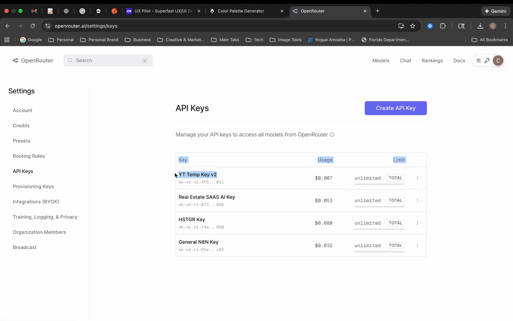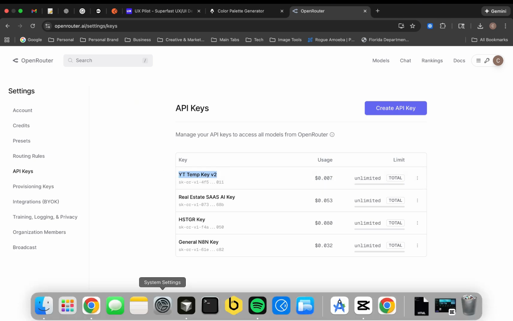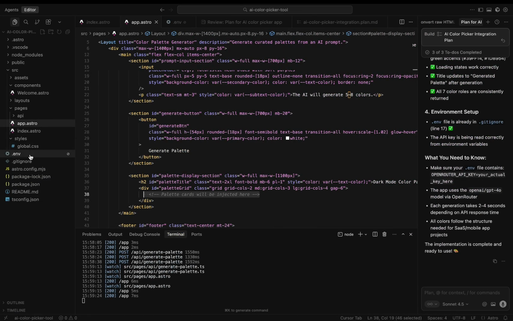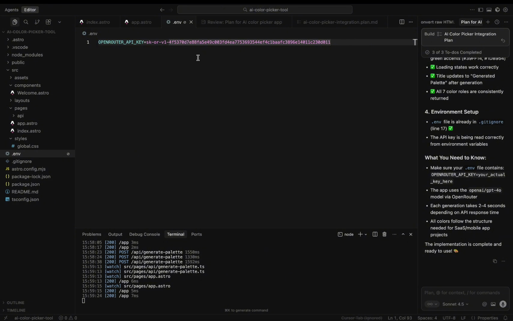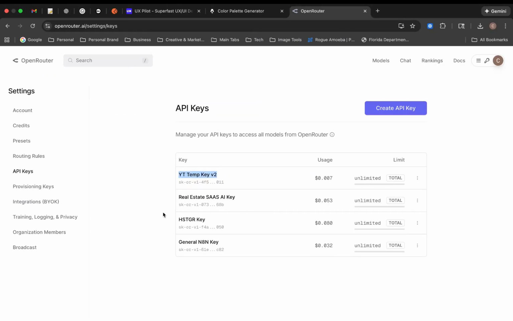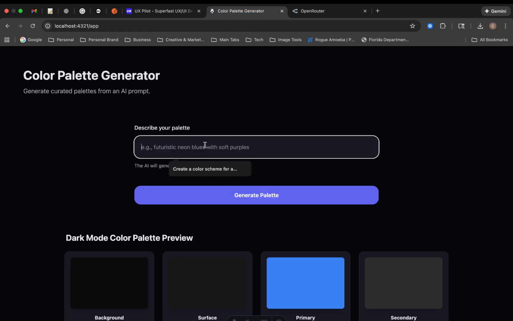As you see here, I just created a temporary key for this project. So once you have that key in your environment variable, just like I have here, you just want to paste in that key. That way it can actually work. So once you do that, back here in the project,